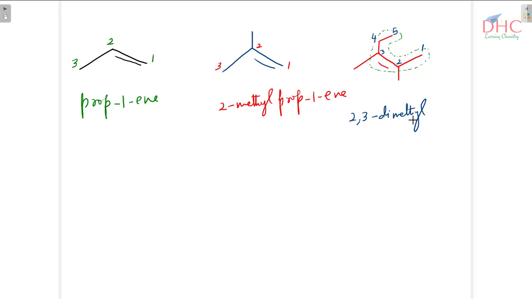2, 3 dimethyl. Word root is pent, so we have pent, and ene is on number 2, so we have 2-ene. This is the name of this compound. I hope you understand it. One more example we should write over here is